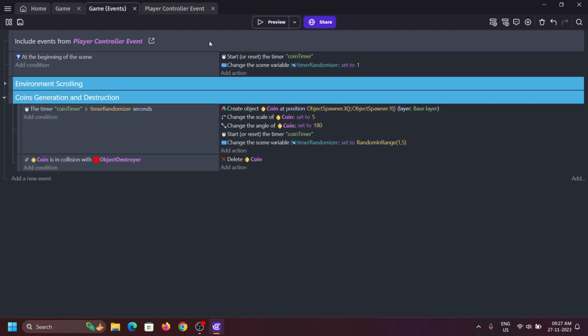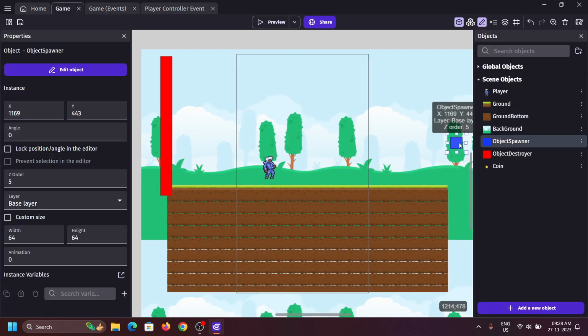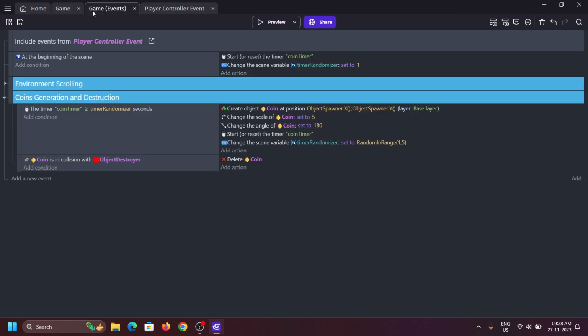Now I have this coin generation and destruction. Now we will get to know about this timer and things. When the timer is greater than the time randomizer seconds, this variable will help me randomize the timer because I don't want the coins to be uniformly generated. I want a little bit of randomization over there. So once the timer hits a certain time limit, a coin will be spawned. There's a spawner, this blue color is a spawner. Coin will be spawned,